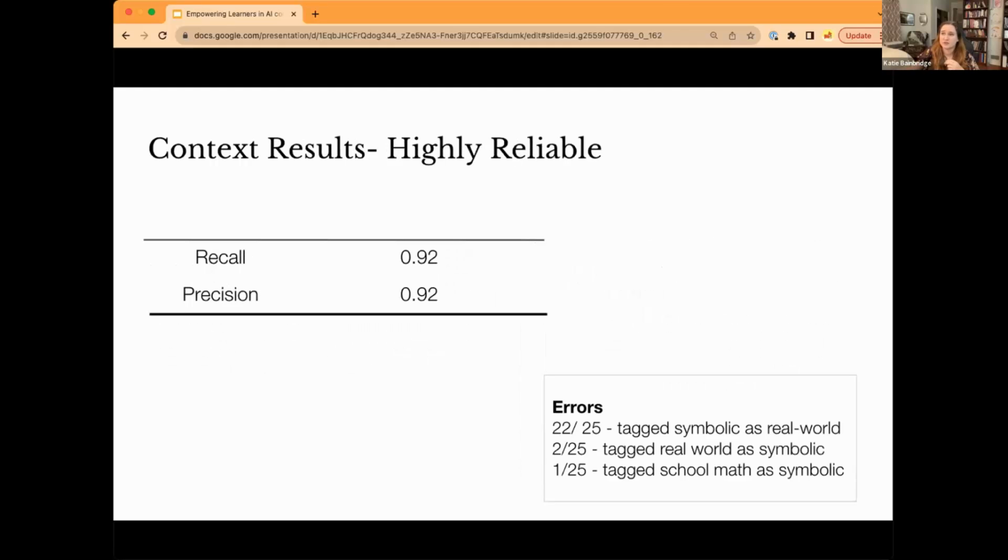We found that GPT 3.5 was actually quite accurate at generating these labels. When we looked at the errors, the majority were cases of GPT coding symbolic problems as real-world problems, and almost all of these cases were graphing questions. To give more context, we didn't have the graphs embedded in our question bank, so the graph that accompanied the text was not there for GPT to analyze. This suggests that GPT 3.5 considered the graph to be a real-world context when given just the text of the question. This is also pretty easy to address with prompt engineering.